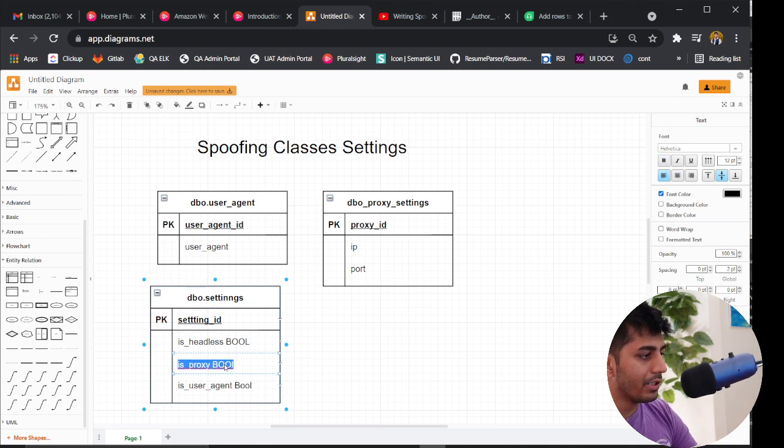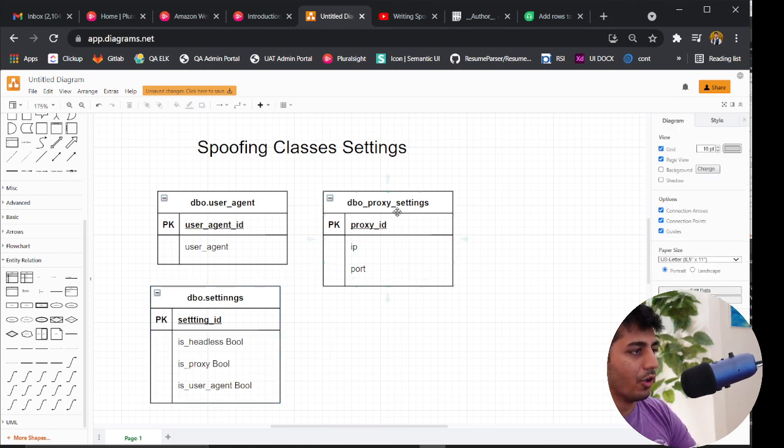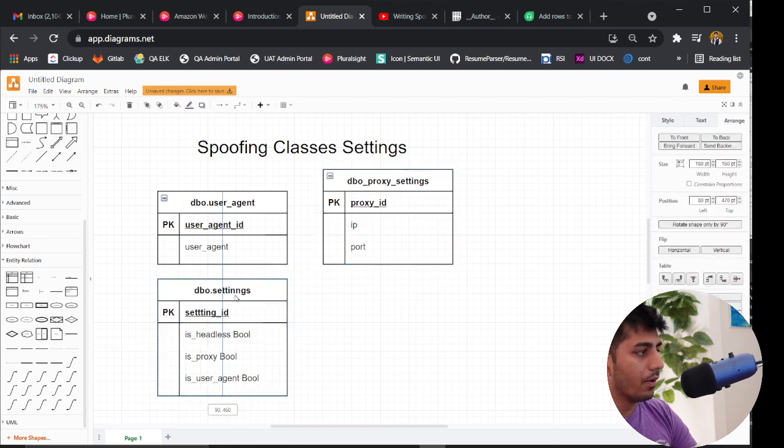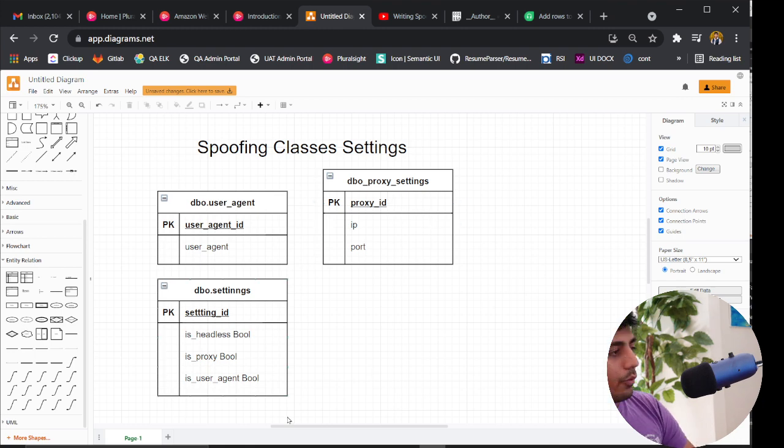So this table would essentially store the information or settings for a given website. What settings do you want to use? Because you don't want to keep changing code, man. Trust me, not a good idea. So let's have this one right here. So we have this one, beautifully done. So we have all these templates, right, in the classes. So now we're designing the database schema.